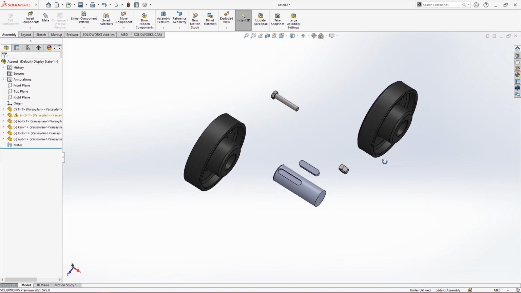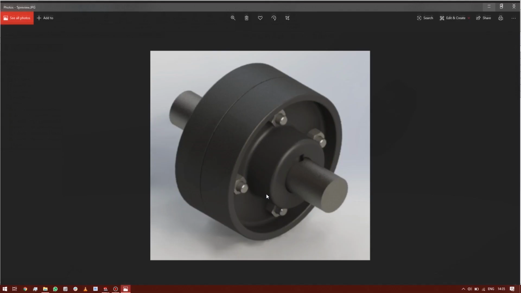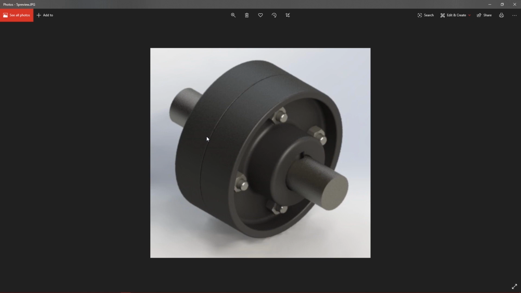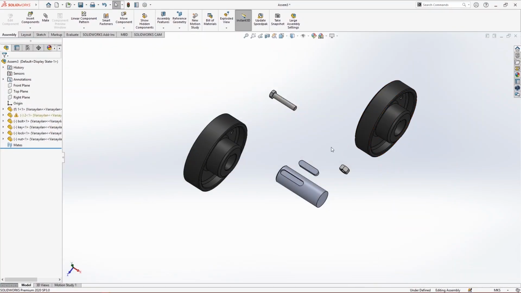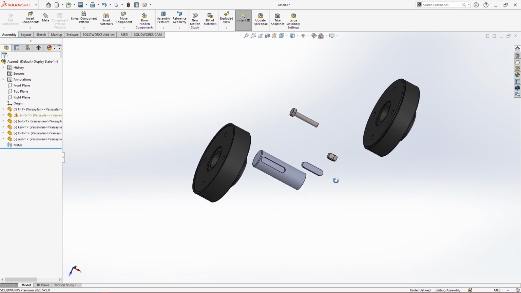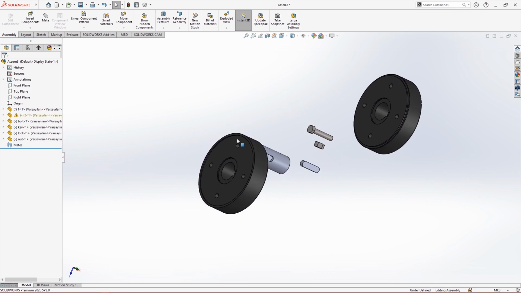Now let's work according to this image. In this image you can see these two are aligned. Their center is the same, so they have to be concentric, and they are touching each other. So we can start from there. So yes, let's start. First of all, I will do